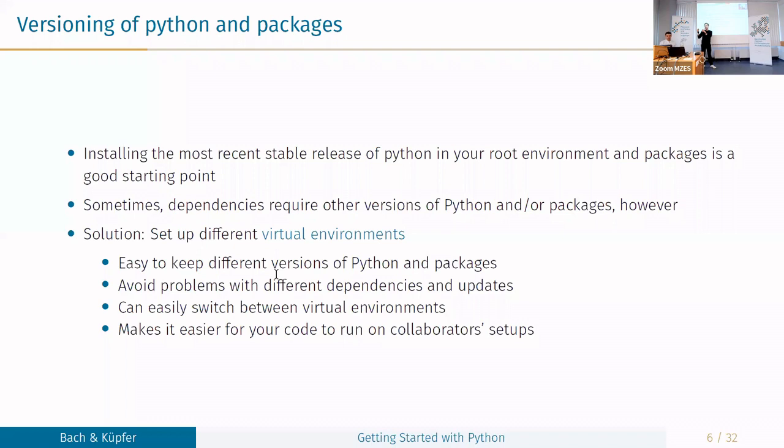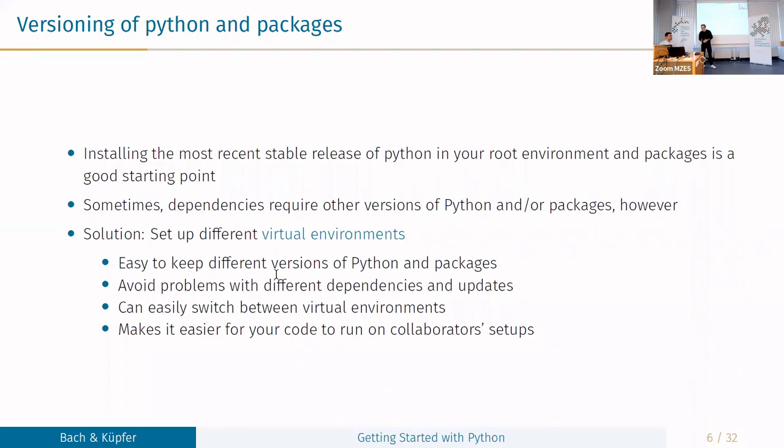And the idea is that sometimes packages require special versions of Python or special versions of packages, or packages interfere with each other. And for that reason, it's way more common in Python to have these isolated environments, which you can quickly set up and quickly delete and install packages in these isolated environments.